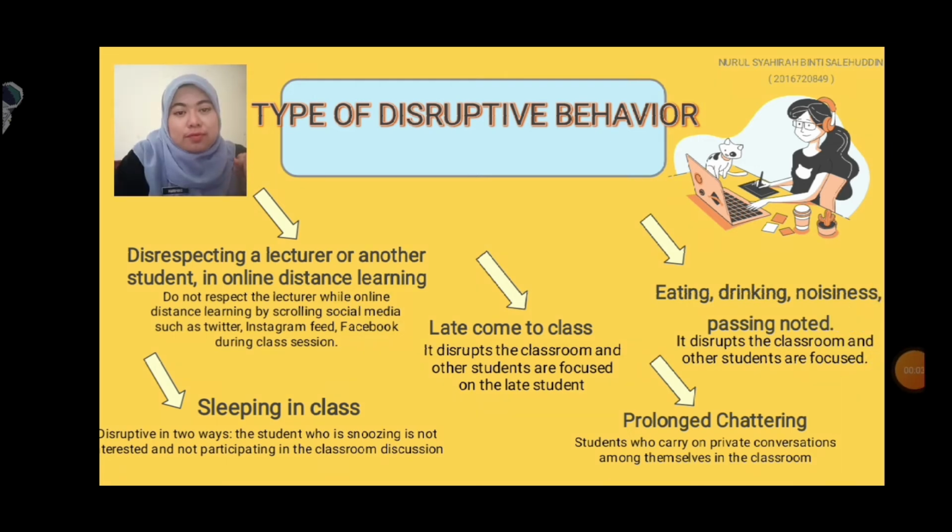Sleeping in class. Disruptive in two ways. The student who is snoozing is not interested and not participating in the classroom discussion. For example, if the lecturer does nothing about it, it sends a message to the other students that involvement in the class is not very important to the lecturer. This may make the students feel like they shouldn't participate in class, and a student sleeping in class is considered to be disrespectful to the teacher and the other students in proceeding